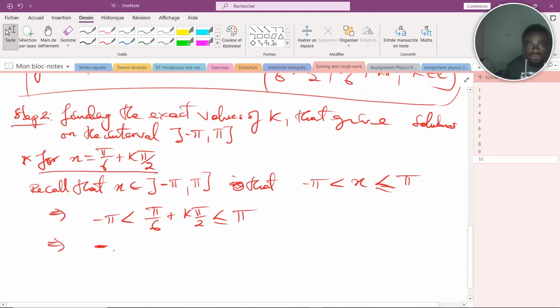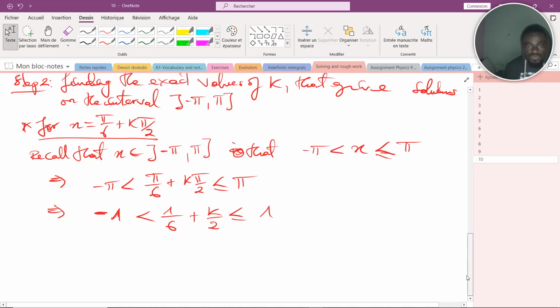So this implies we're going to have 1 on 6 plus k on 2 strictly greater than -1, but less than or equal to 1. Is that okay? Now, our aim is to have just k inside here. For me to stay with k here, what do I have to do next? I need to subtract 1 on 6 on both sides